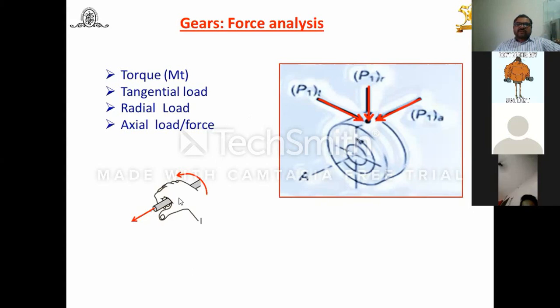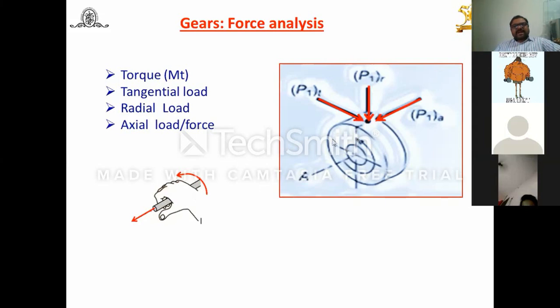How to decide the axial load? Thumb rule. Whether the gear is left hand or right hand, if left hand, you can use your left hand. Again, direction of rotation. Look at this diagram. Now in this case, if the gear is right hand, you can put your right hand here. Again, it rotates in anti-clockwise direction. So this arrow, your thumb direction, decides the axial force. And it is applicable to helical gear, to bevel, as well as to the worm and worm gear also, to decide the direction of axial force.